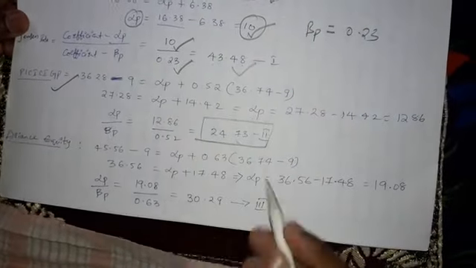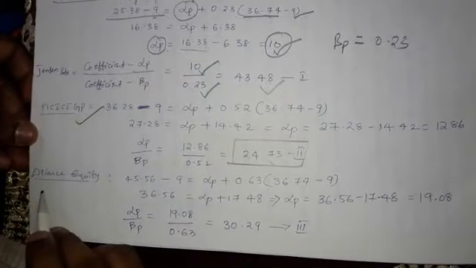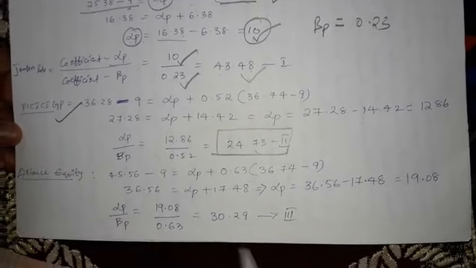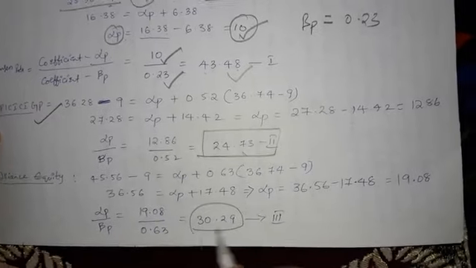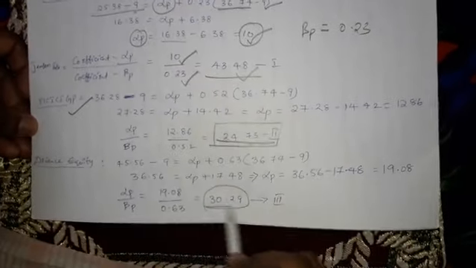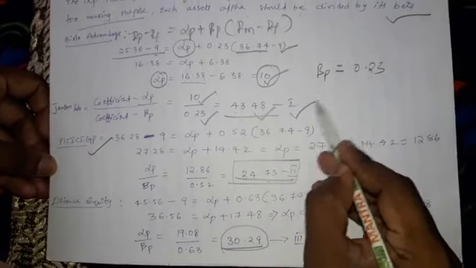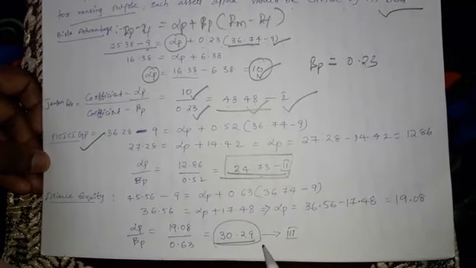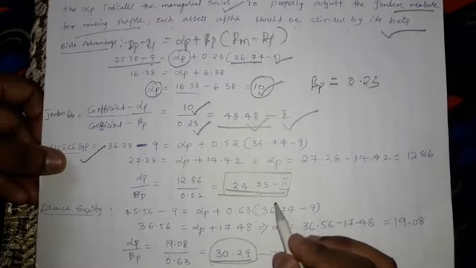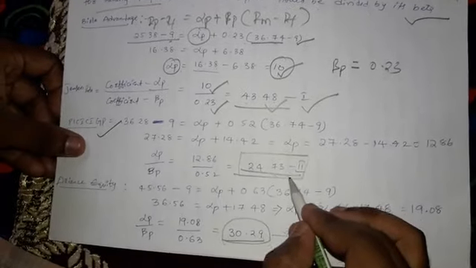Similarly, for PICIGP fund, that is 24.78. The last one is Allianz Equity, that is 30.29. Now assign the ranks. Comparing these 3 values, the highest value is 43.48, so assign first rank. The next one is Allianz Equity 30.29, assign second rank, and the last one, PICIGP at 24.73, assign last rank. So these are the orders of ranks.